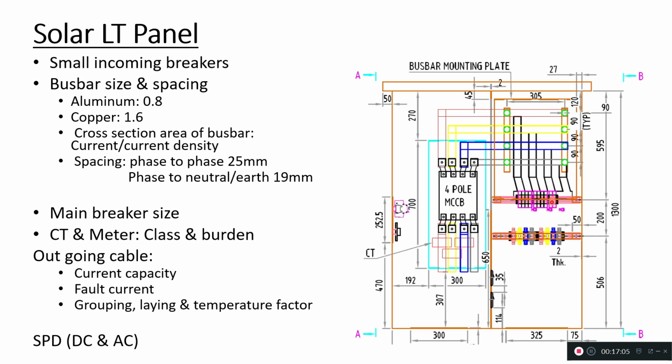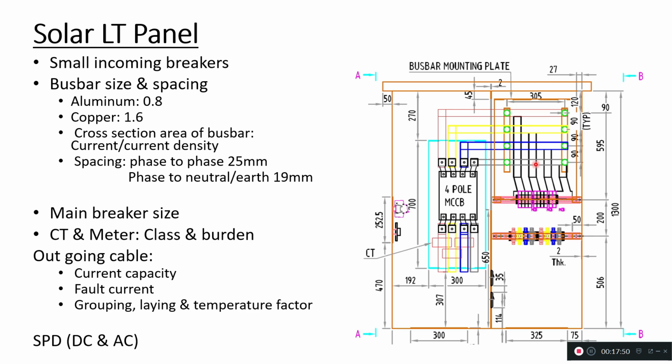I told you how to calculate the size of these breakers, and I'll repeat it again. Suppose the output current of your inverter is a maximum of 39 ampere. Then you will select the breaker of the next size, or you can also take 30% extra and choose from the standard sizes. That is why we are using 63 ampere in our scenario. Similarly, you will require 10 such breakers where you will connect the output of the 10 inverters, and then the output of these breakers you will connect to the main bus bar by the small bus bars.